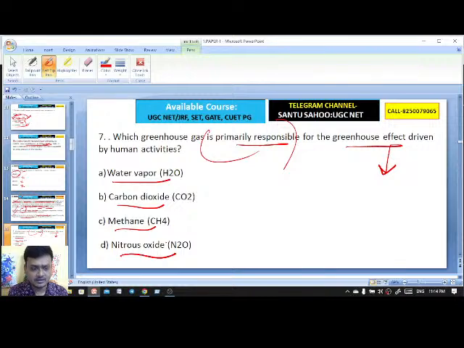Which one is the right answer here? Carbon dioxide. Okay, B, exactly, Trisha, carbon dioxide. CO2 is actually the answer. Sujit, well done, it's carbon dioxide, CO2.